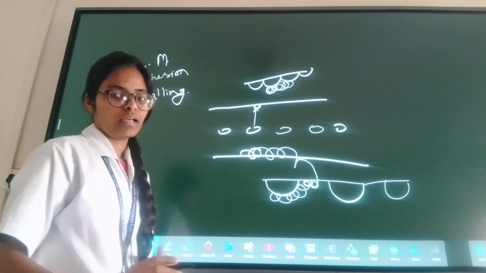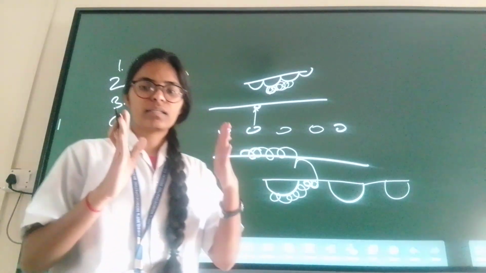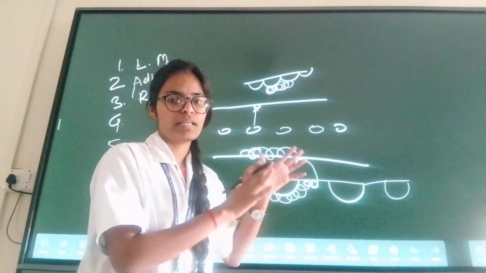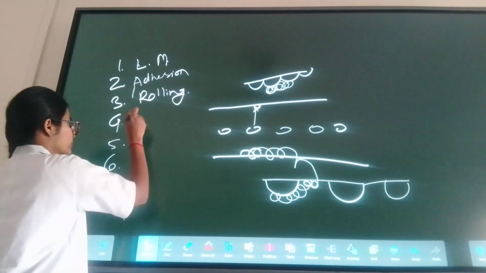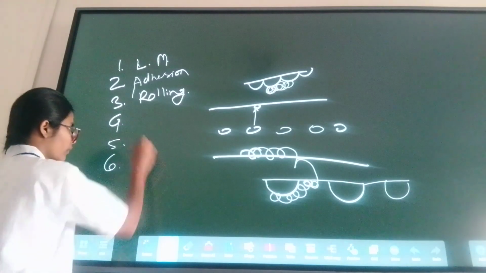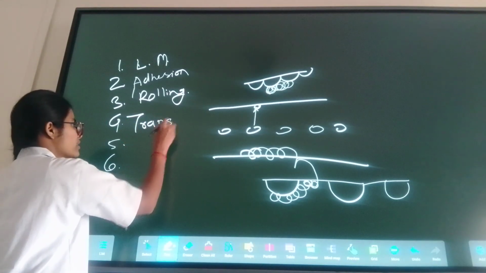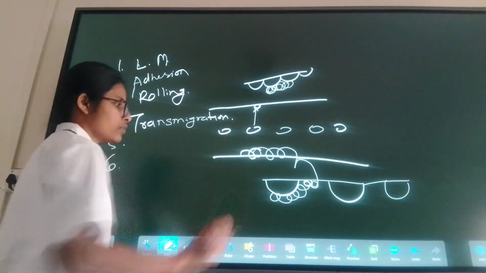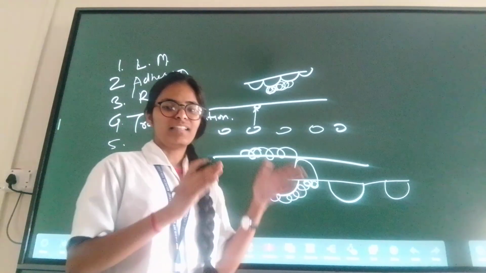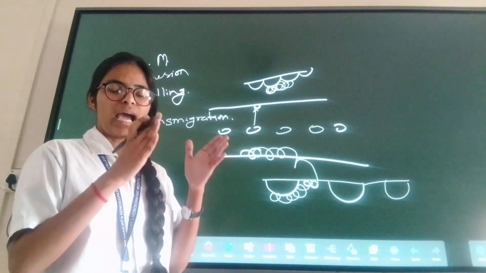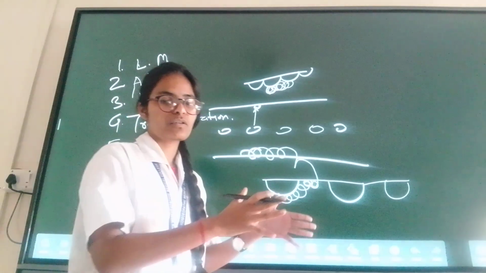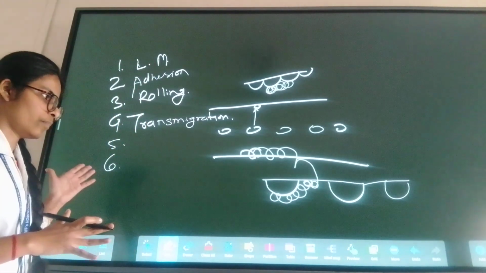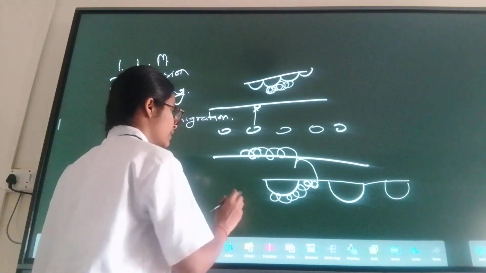the blood vessels. The process of WBCs coming from the intravascular space to the extravascular space is known as transmigration. So you understood what transmigration is? The process of WBCs coming from the intravascular space to the extravascular space is known as transmigration. And the next phase is now